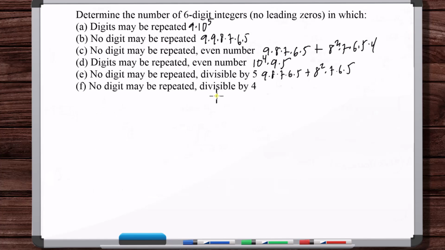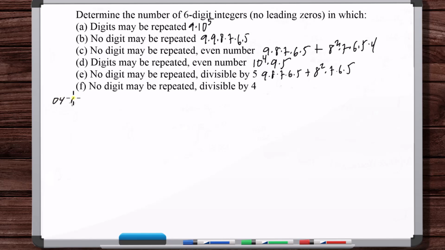Okay, now no digit repeated, divisible by 4. To check if a number is divisible by 4, you look at the last 2 digits. If the last 2 digits are divisible by 4, then so is the entire number, and that includes 0, 0. But we can't repeat a digit, so we can't use 0, 0. So what we're going to be able to use is, let's see, we've got